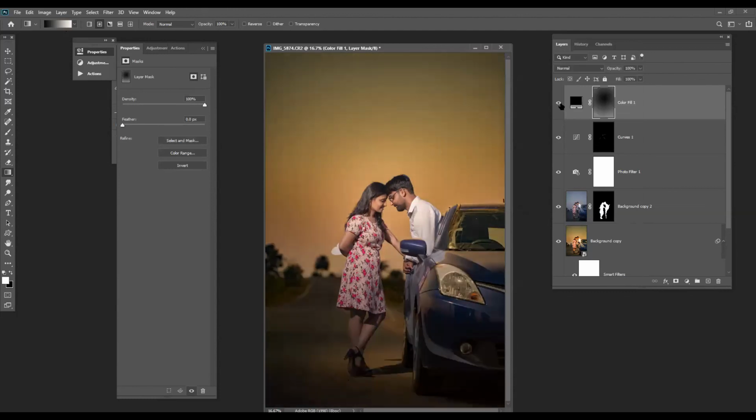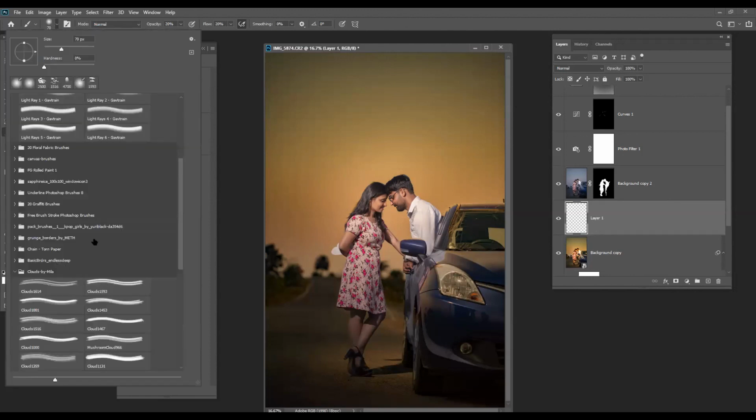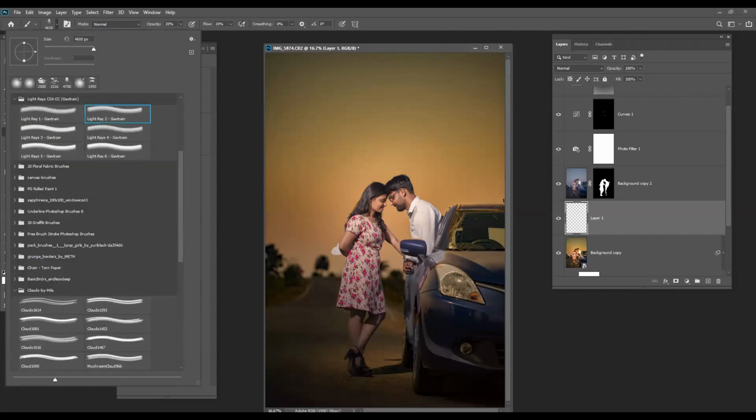Now one interesting thing that we can do: we already have a selected image over here. Now what we can do is take a blank layer from here. I have sent the brush links to the group. You see, I have sent 3 brush links today in the group. You can easily use those brush links to create such an effect. Now I have a brush link for